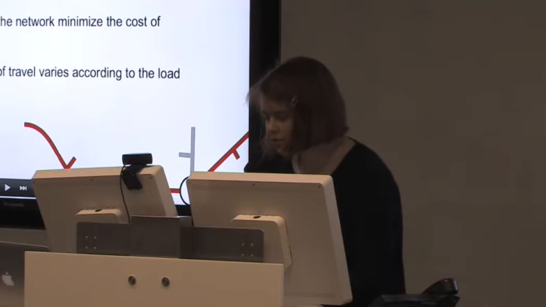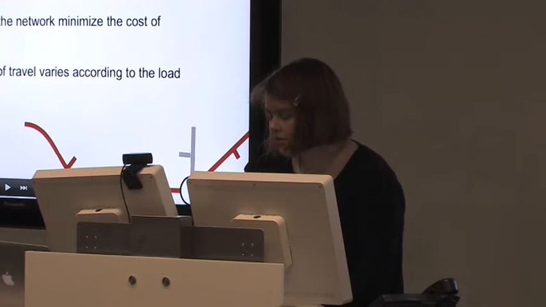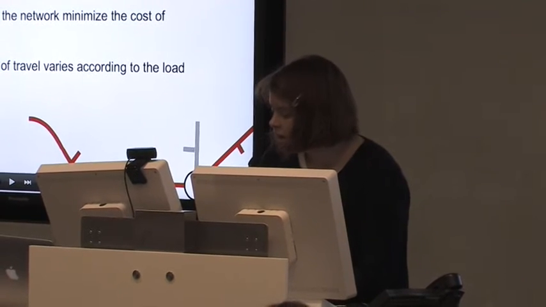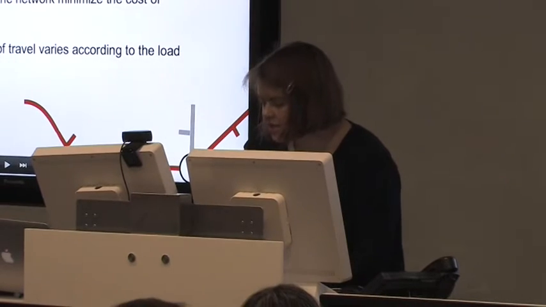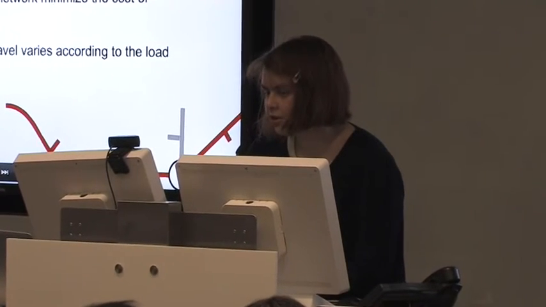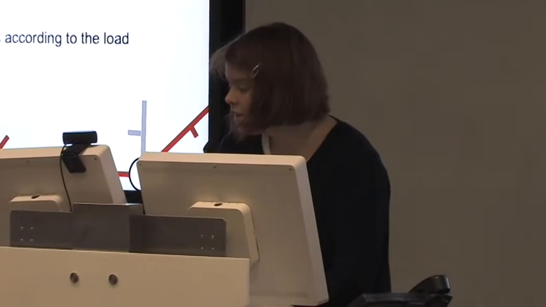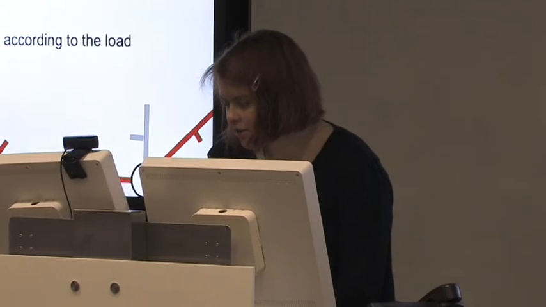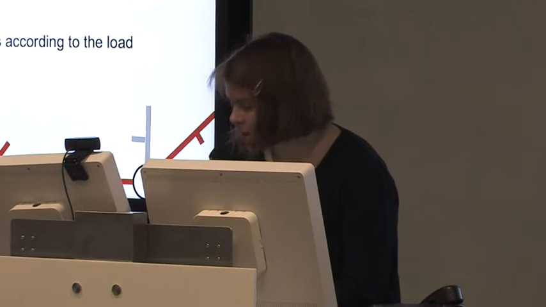Now, if the cost of traveling would stay constant throughout the day, it would be quite easy for every user to optimize their path. Unfortunately, the second competing mechanism that determines these flow patterns is basically the change in the cost of travel according to the load. And anyone who's commuted at 8 a.m. or at 5 p.m. knows what I'm talking about. Commuting during rush hour is significantly more stressful than commuting at, let's say, 2 p.m. when there is no one.